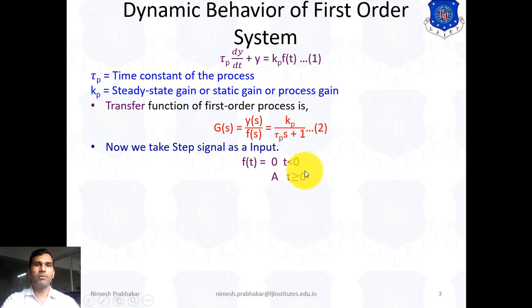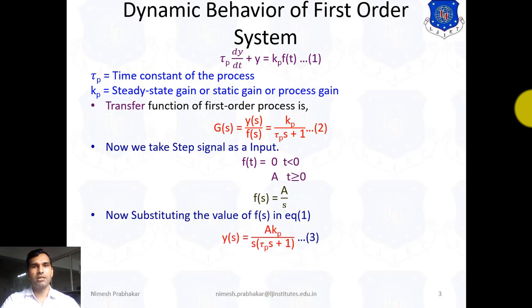This is in the t terms, so now we have to convert it into the Laplace transform. We know the Laplace transform of the step input is F of s is equal to a by s. The Laplace transform of 1 is 1 by s, so here we can write a by s. So this is the Laplace transform of f of t. Now putting this value in equation number 2,